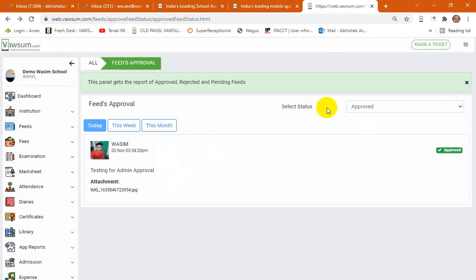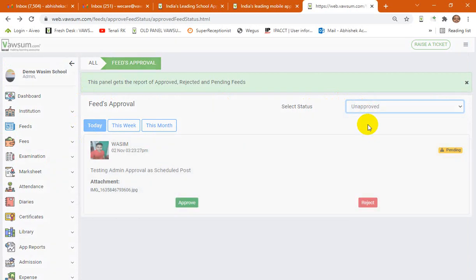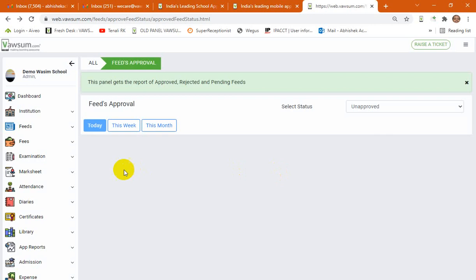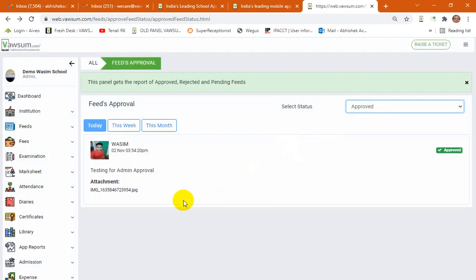Further, let's go back to unapproved feed. Now here, if you click on approve, this also shows the time when the post has been made by the teacher. If you click on approve, it will also prompt OK. However, this feed got approved, right?